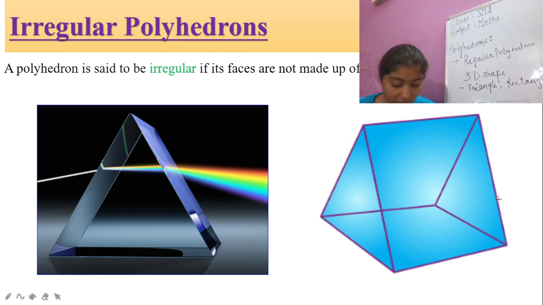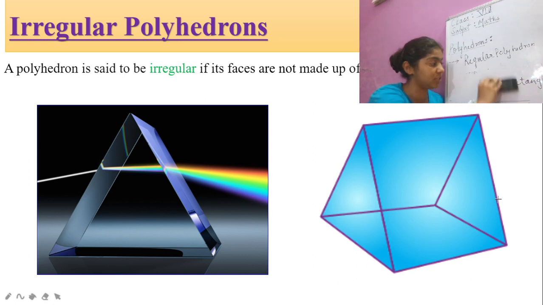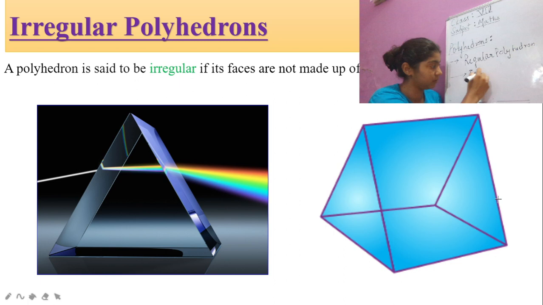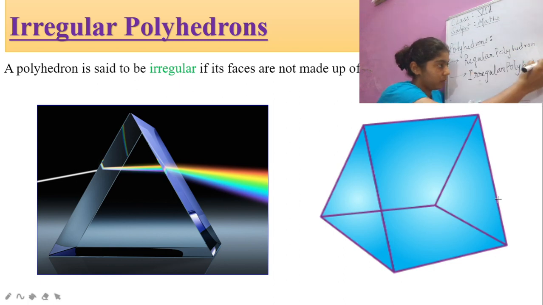So irregular polyhedrons, let's talk first about what that is. Let me write it down. Irregular polyhedron. Okay, so what is an irregular polyhedron? A polyhedron is said to be irregular if its faces are not made up of regular polygons. As we can see, we have found two kinds of shape. That is, first is,